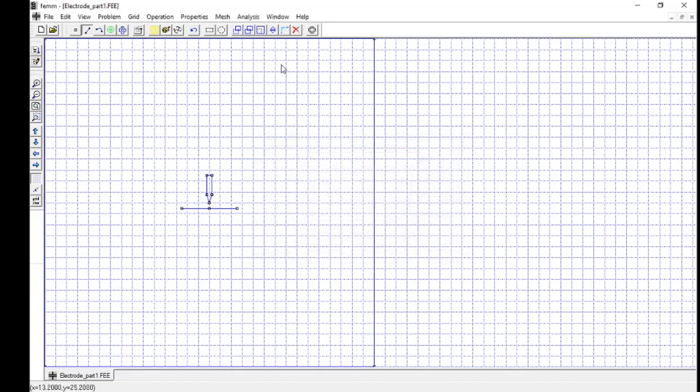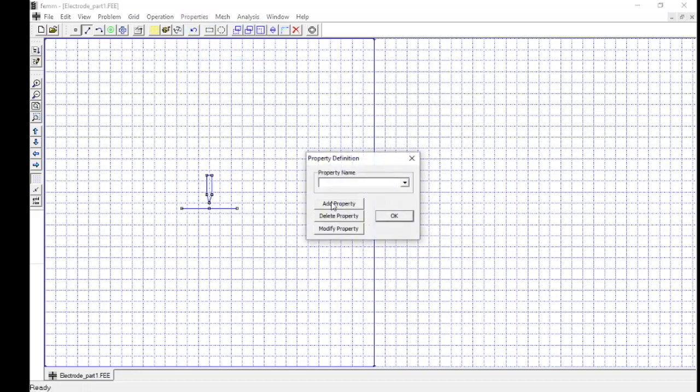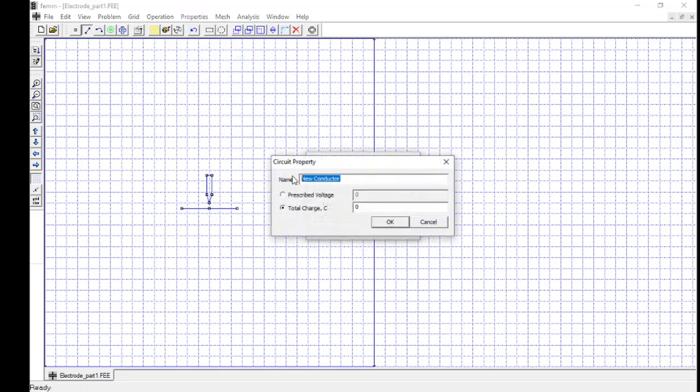So the boundary has been defined, and then we'll define conductors for this problem. So we want a conductor at high potential, so we'll say high. Any keyword is allowed here, preferably without any spaces. So I'll say high, and prescribed voltage as 11 kV.